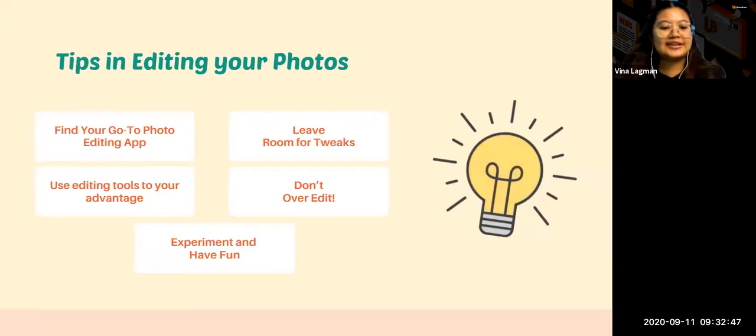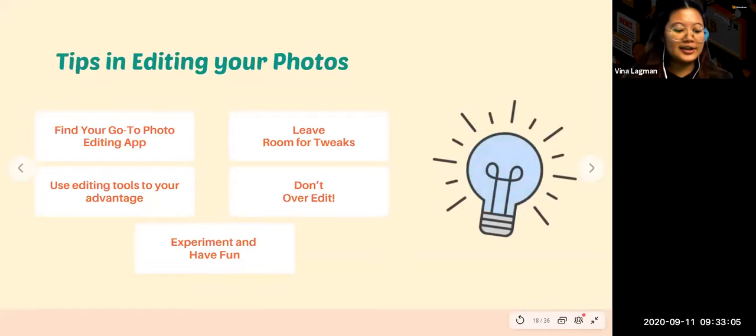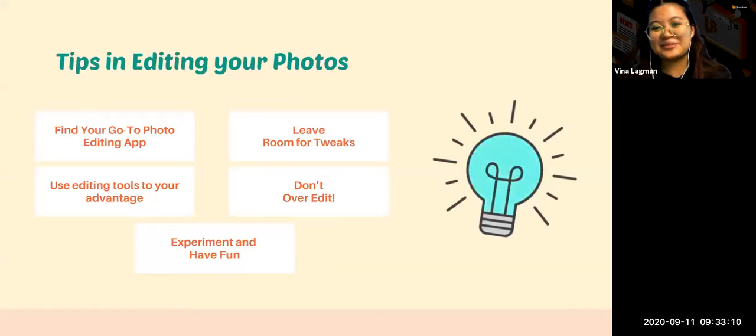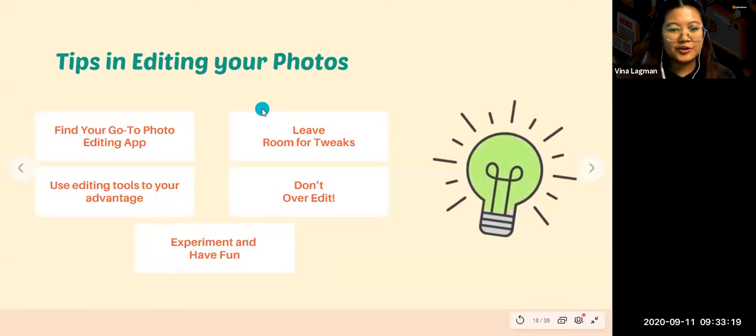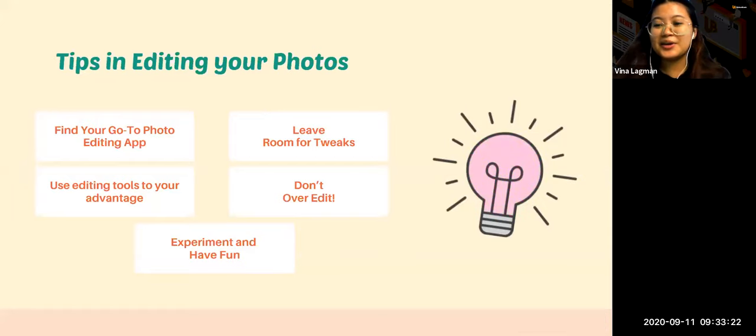Okay? And then use editing tools to your advantage. So as mentioned, you need to be familiarized with the tools, yung mga use nun para when you edit your photo, mabilis mo na lang din siya talagang ma-edit and then ma-enhance. So there. And then leave room for tweaks. So when you edit photos, usually, di ba, hindi naman siya agad-agad perfect. So, there are times that you need to actually edit or kunyari nagawa mo na siya, tapos pag binalikan mo, parang may kulang pa pala, no? So, yan. So, there's a room pa naman to change your edit